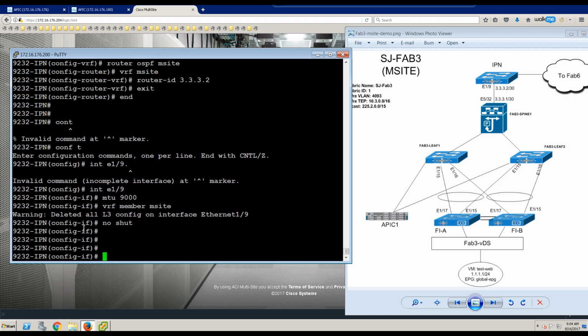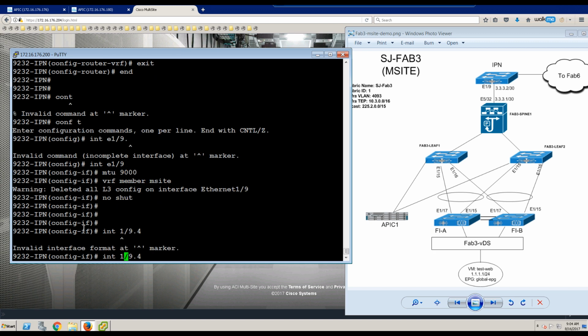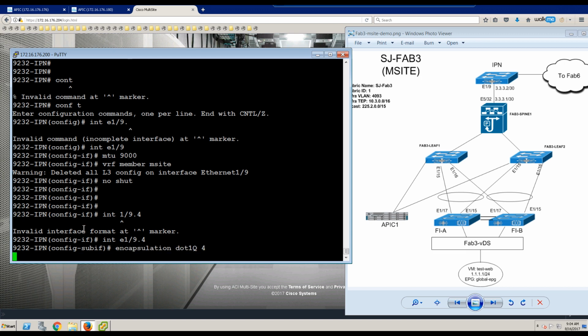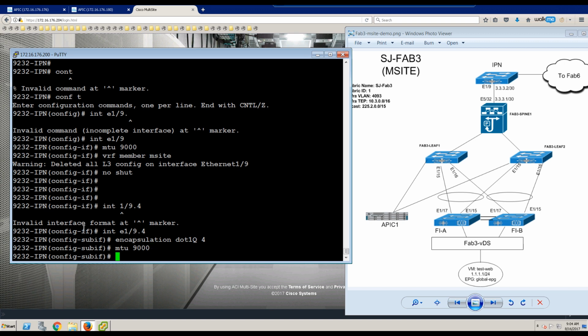Now to create the sub interface, we'll just go ETH1/9, and I'll use sub interface 4. And I'm going to use the encapsulation of VLAN 4. So I like to match up the VLAN encapsulation with the sub interface number, and that helps me keep it nice and squared away. Same thing, we'll set the MTU as well. I do recommend adding a description as well,